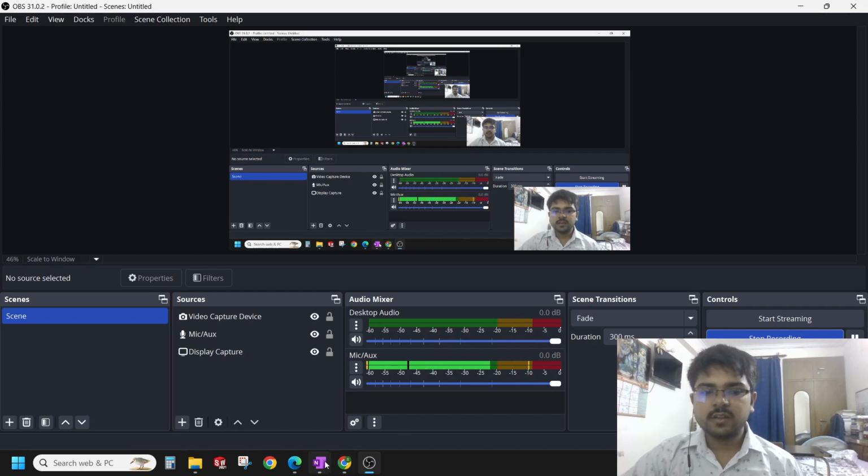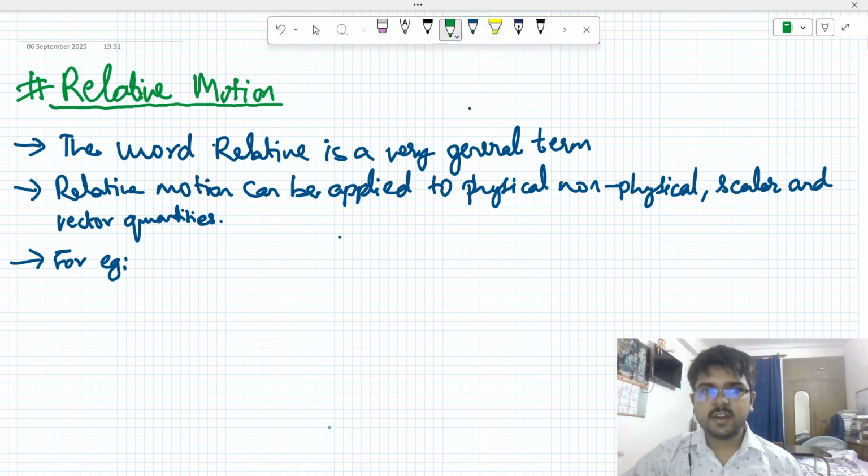In this lecture, we are going to study relative motion. So, the word relative is a very general term. Relative motion can be applied to physical, non-physical and vector quantities. For example,